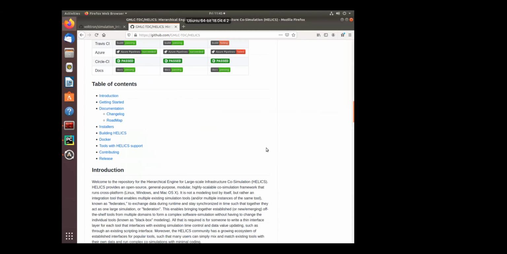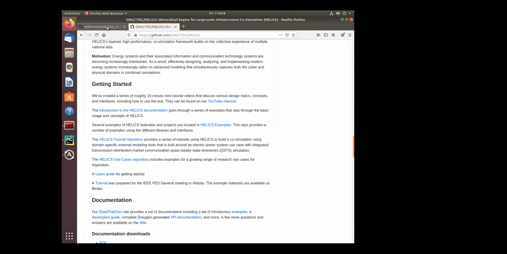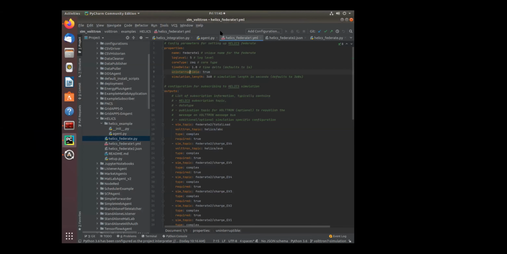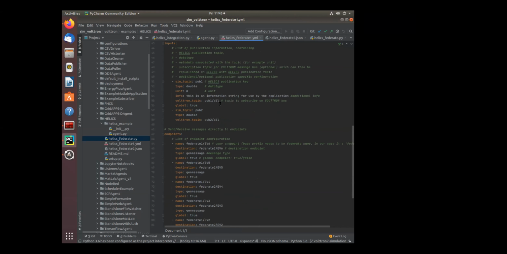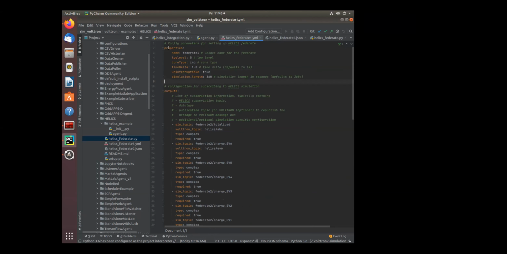So that's a little bit of a background on Helix. Now coming back to the integration of Volttron with Helix. As I mentioned, you need to have a config file. The format of the config file is how it looks here. We have a properties section, and this format will be similar for Helix as well as Energy Plus. We couldn't adhere to this format in